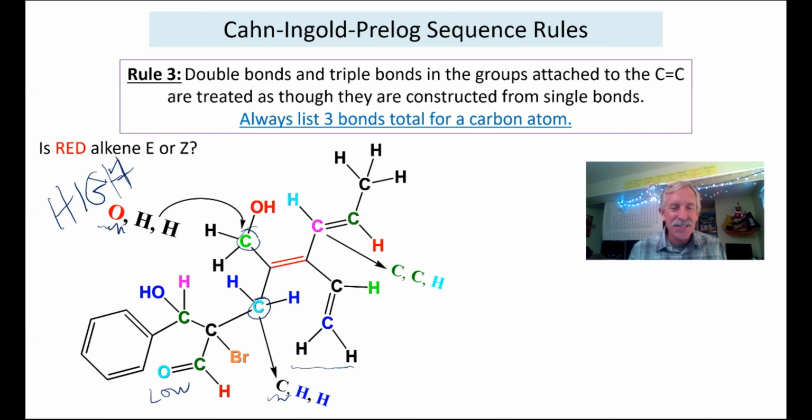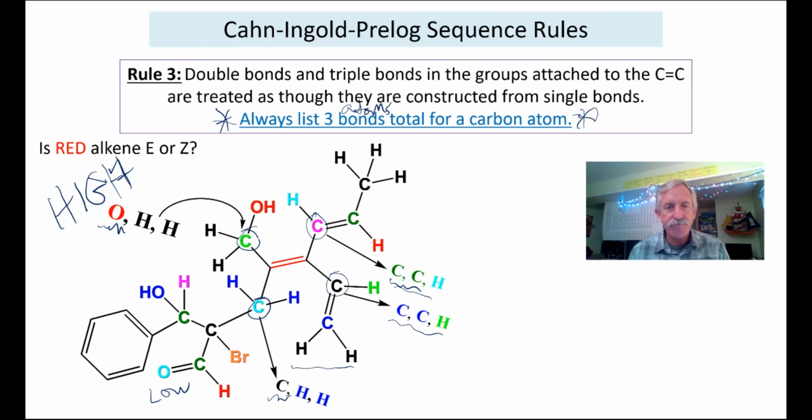So do the same thing on the other side. You can see I've started already, happy clicker with my pink carbon and my black carbon. These two are both carbons. So I started labeling the three bonds attached. Notice I have two green carbons because it both goes to a green carbon and an H. The black carbon also goes to two blue carbons and an H. So they're tied. No difference. Okay? But I'm always labeling and listing three bonds total for the carbon. So I'm labeling three atoms